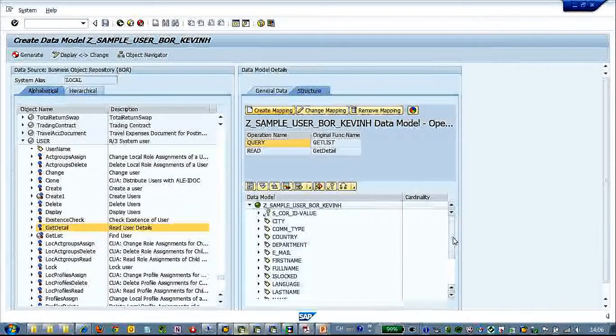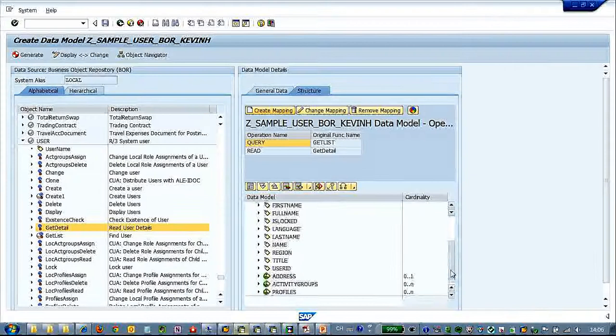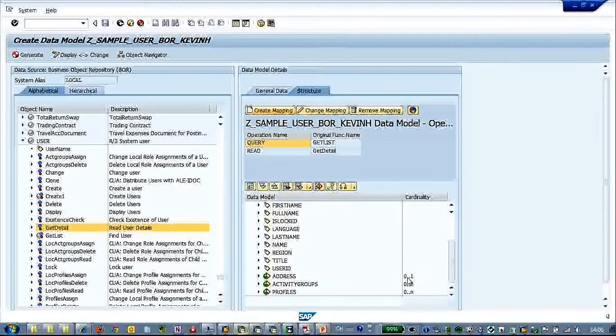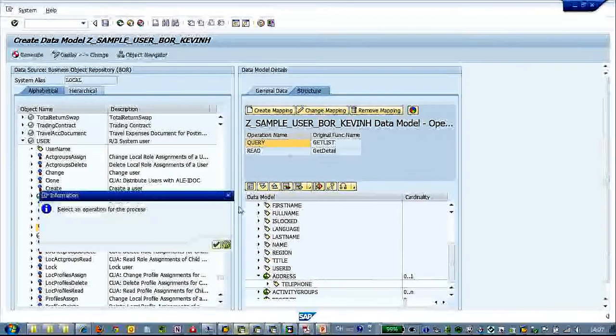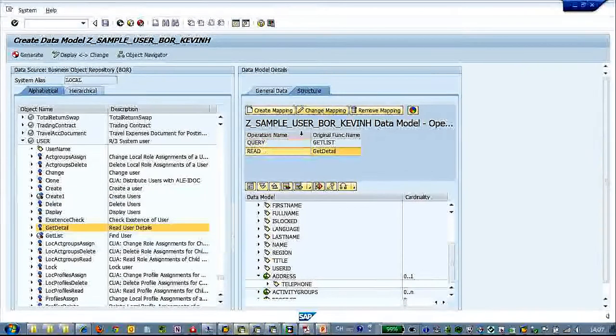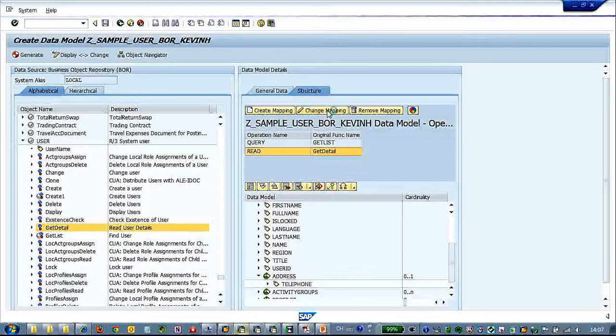Let's finish it, and so we got to see the change mapping. Sorry, it's a mistake that I did not